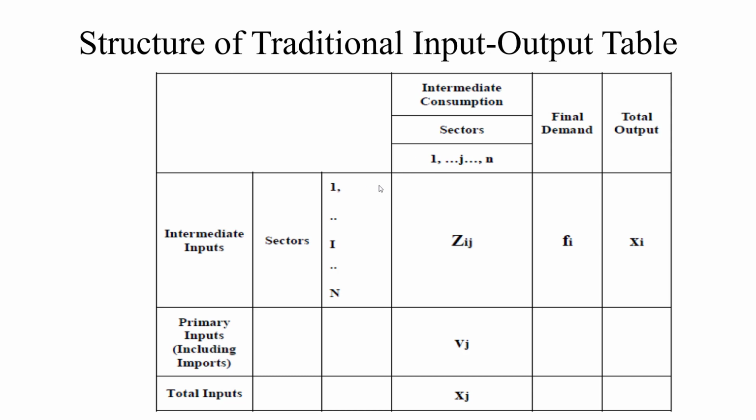So basically, for these sectors, for example agriculture, it will sell to 1, it will sell to 2, it will sell to 3, and some it will also sell to the final consumer. Final consumers are whom? The household, the government, the export. When you add all this, it will give us the total output of the agriculture sector. So basically these rows represent the output of these sectors when they sell.